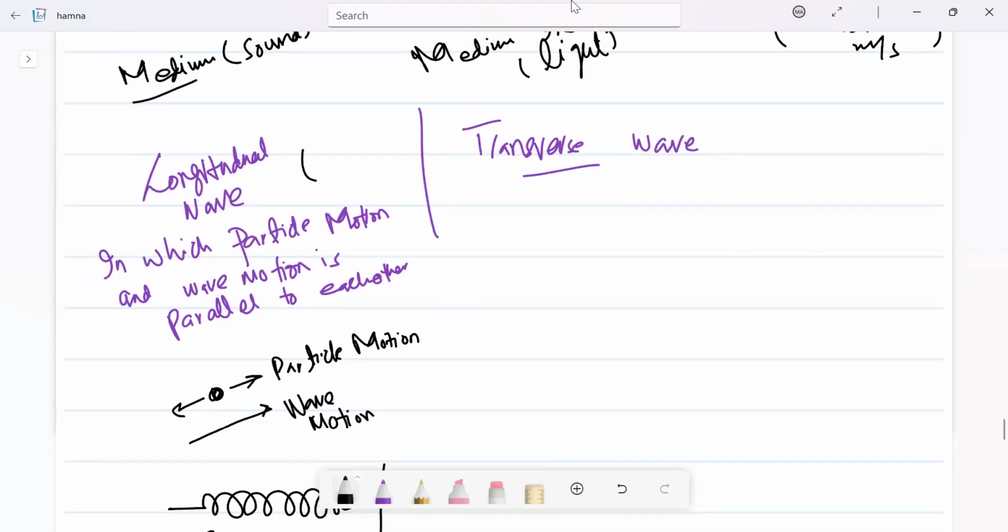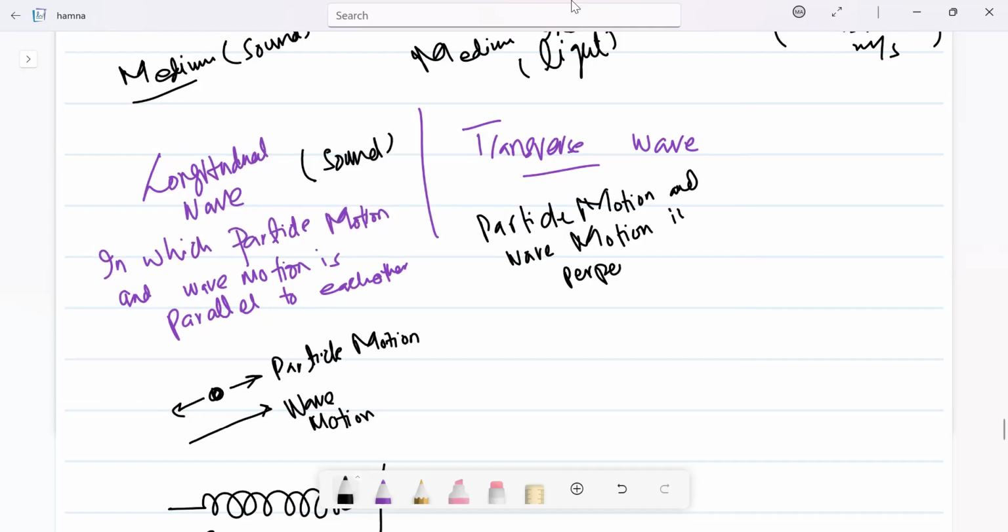Such a motion of wave is known as longitudinal wave, and the example is sound wave. ट्रांसवर्स वेव में क्या था हमारे पास? Everything is same but particle motion and wave motion is perpendicular to each other, which means कि इसमें particle कैसे move करेगा, up and down, and wave would move in this direction,